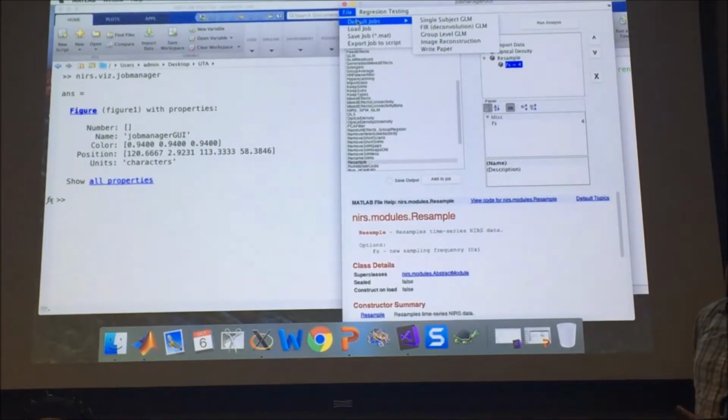Image Recon sets up a basic pipeline to do image reconstruction, and Write Paper is one I wrote for a joke when I was sitting in the audience at a talk in Michigan a couple months ago. It goes through and makes all the figures and tables and saves them all into Excel, of everything that I think you could possibly want for a paper. If you run that one, it takes a while to run, but you'll end up with multiple folders with all these files that you can just dump right into your